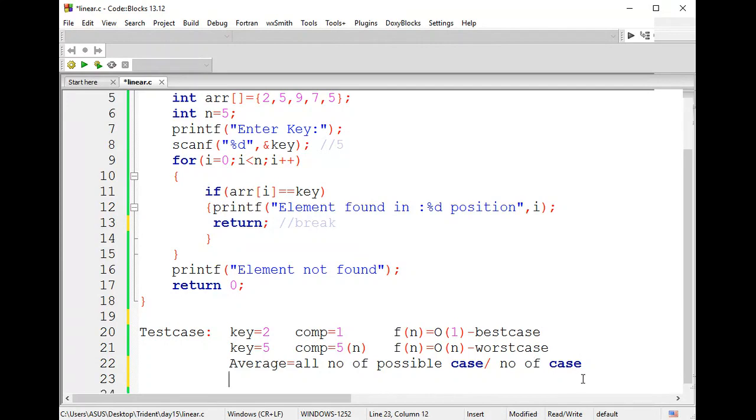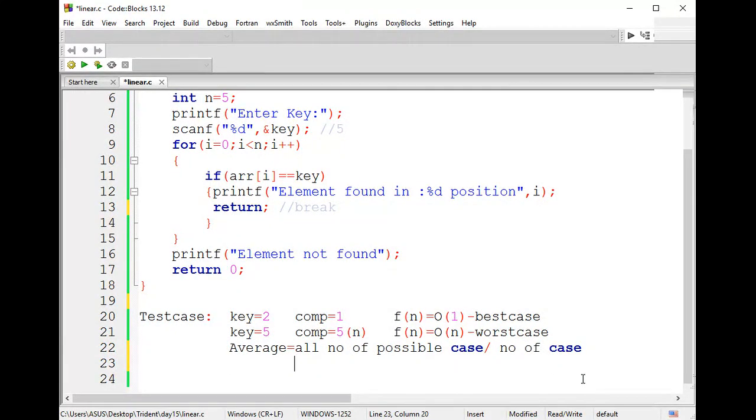So for searching an element in linear search, the possible cases are that the given element might be present at first position, or second position, or third position, fourth position, or any nth position. I never know, right? The element I'm going to search depends upon the user's wish. He can give either the first value or the second value. It can be any value within the range of n. Or it might not be present also. So we consider all the possible cases, and the number of cases is n.